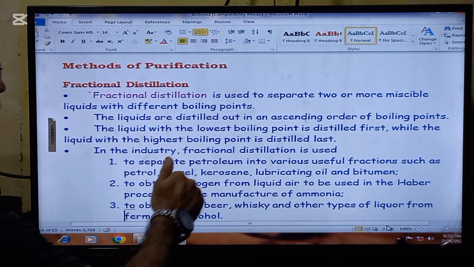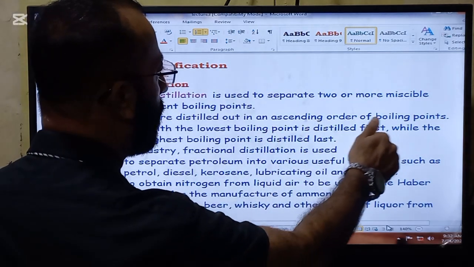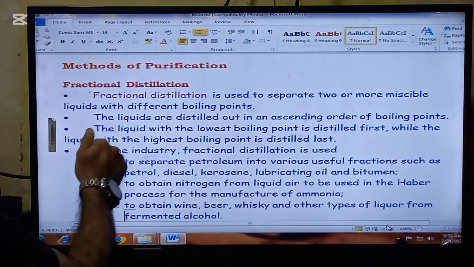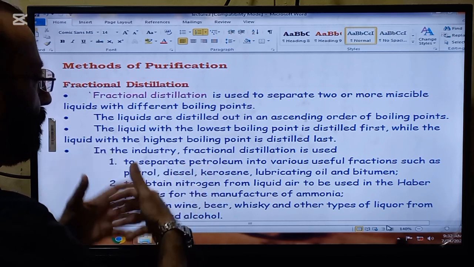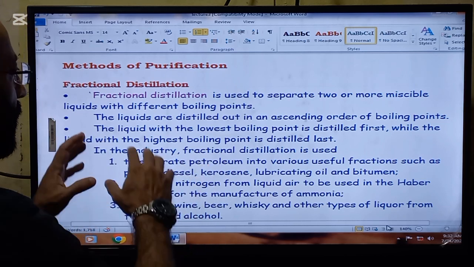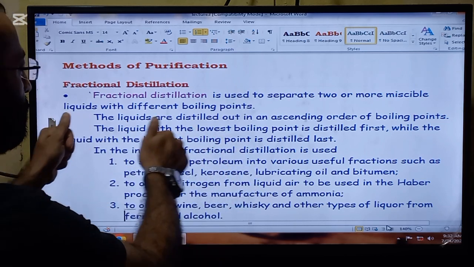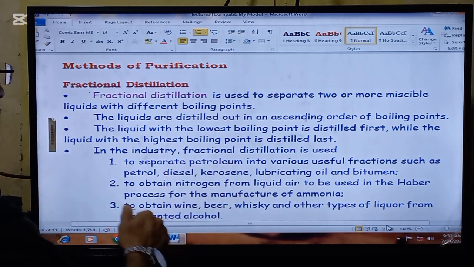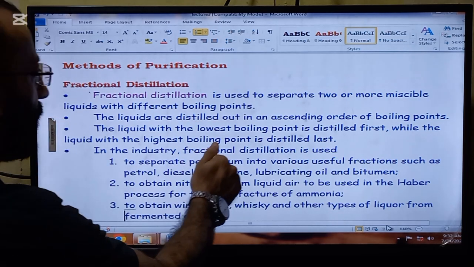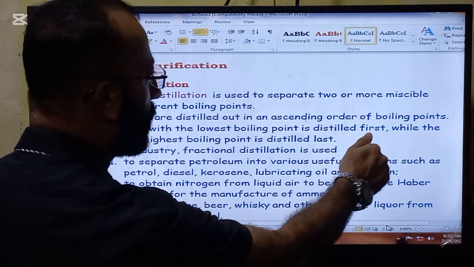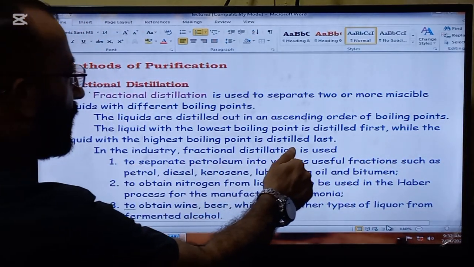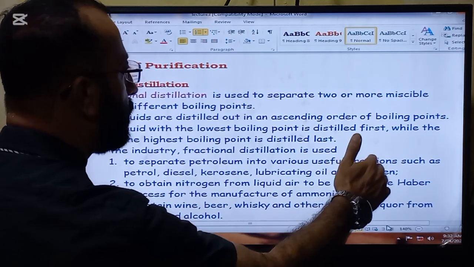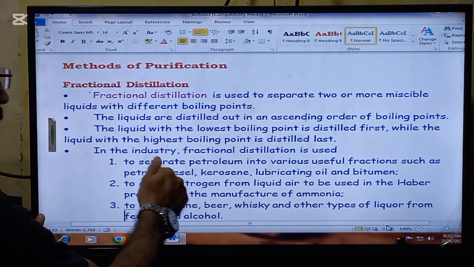Fractional distillation is used to separate two or more miscible liquids with different boiling points. So two liquids which are mixed with each other will be separated through fractional distillation. This is a very important method. The liquids are distilled out in ascending order of boiling point. So it means the liquid with the lowest boiling point is distilled first, while the liquid with the highest boiling